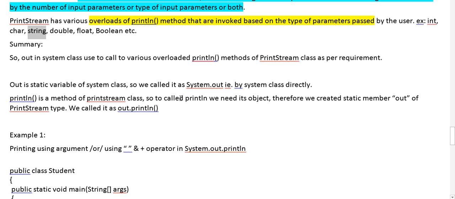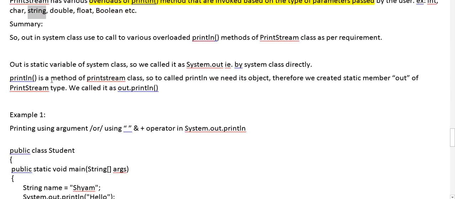And as you know, out is a static variable in the System class, so we call it System.out, that is class name, then dot, then object name. So we can access the static variable directly by the class name, because it is a static variable, so we can call it as System.out.